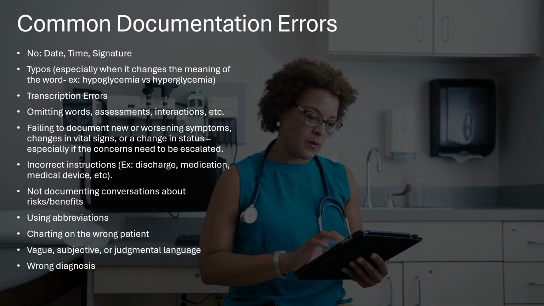So now that we've kind of looked at what good documentation is, let's look at common documentation errors. So things that kind of get us in trouble is when we have no date, time, or signature. And luckily for us, when we're in Epic, those things automatically get entered in when we put a new entry in. But if it doesn't for whatever reason, you should always be including those things. Typos are a problem and a documentation error, especially when it changes the meaning of a word. So if you think about like the patient was hypoglycemic when they should have been hyperglycemic, that can be a